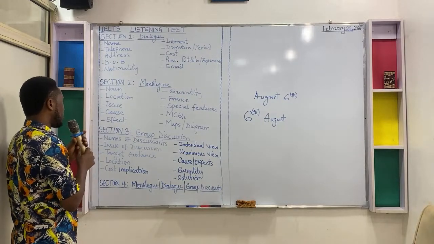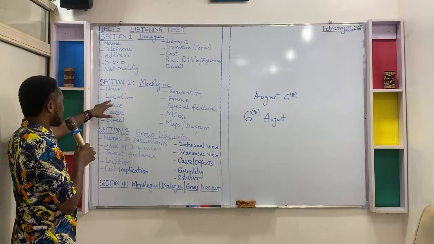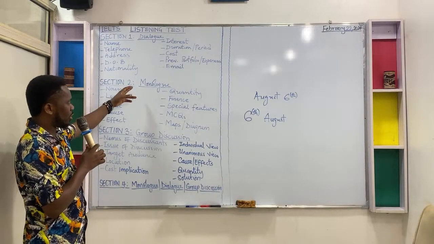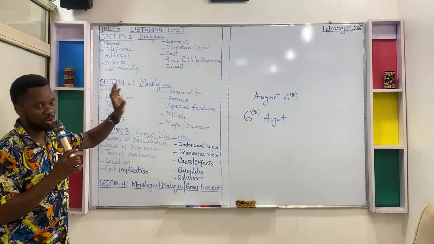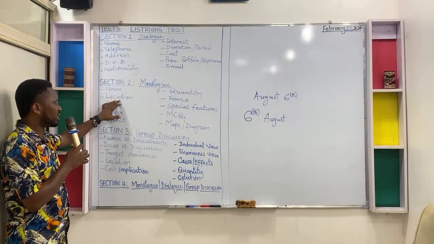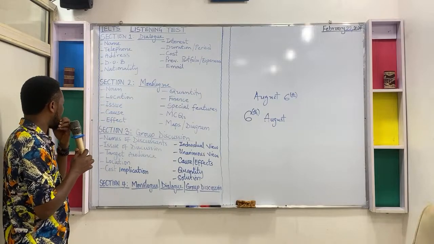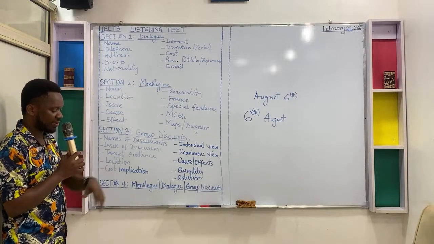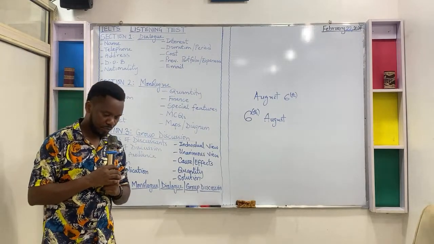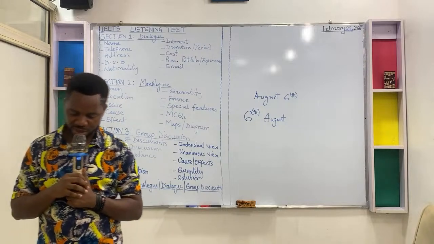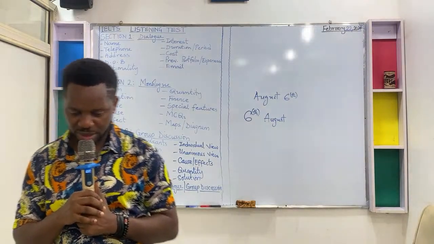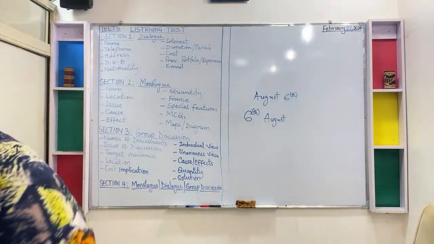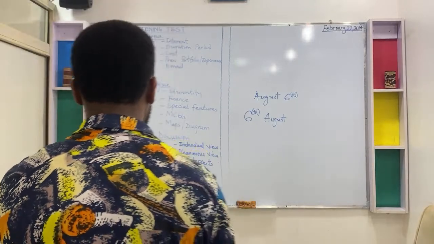Now, as the monologue goes on, they will talk about the location of what this person, or this thing, or this animal, or the culture is all about. It will bring in a particular location. Then it will also talk about what it is about that particular thing, the issue. So what the issue is will be expressed, whether it's a pandemic or whatever it is, it's going to be exposed. So you have to listen and write.